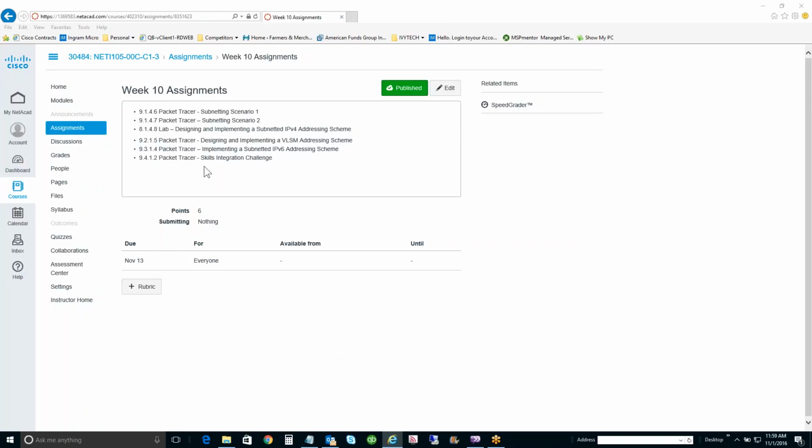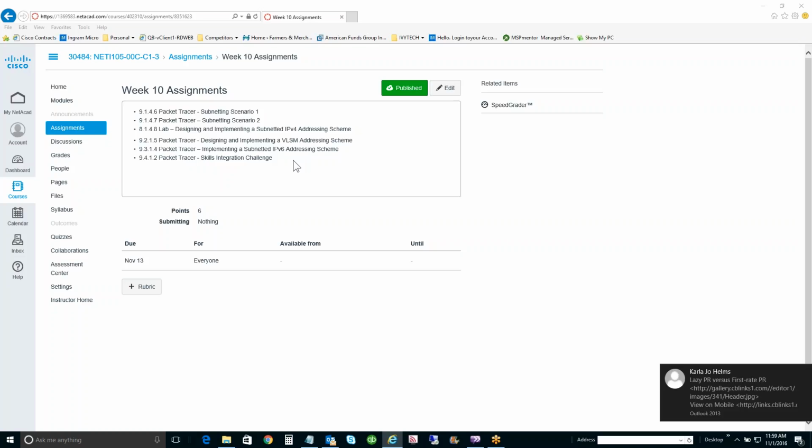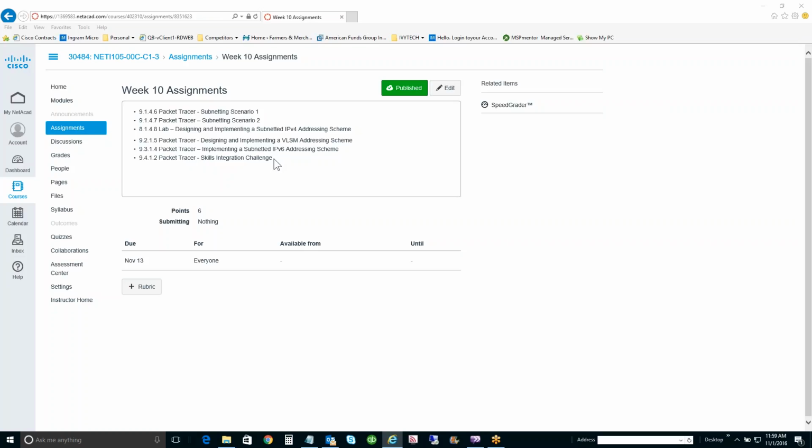So you have some assignments that are due on November 13th that relate to Chapter 9. And you want to do these. Also, I highly recommend that you beat yourself up with the activities that are in the chapter. You really need to get this stuff to become almost second nature with you. I know it's hard, but it pays off in the long run, because I will tell you that the final is hard. You may have found that, oh, okay, I do the work, I'm going to pretty much score pretty close to A caliber